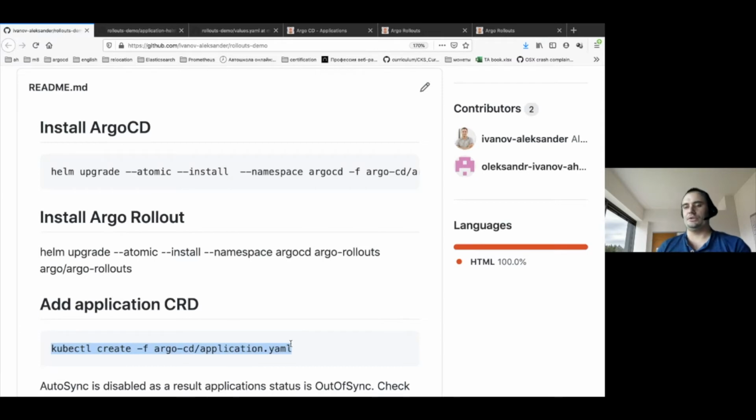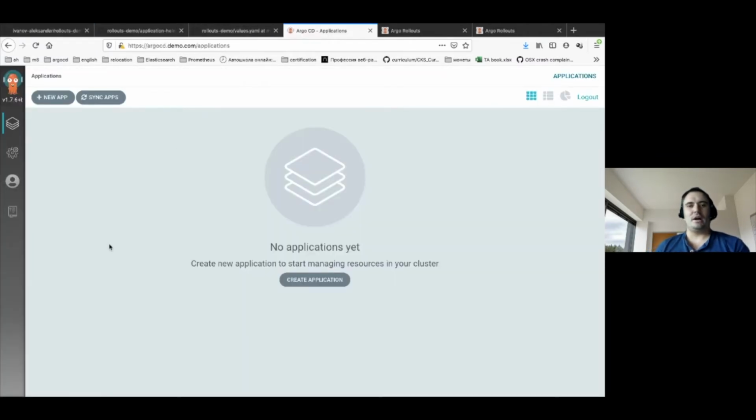For example, you could do this demo after day Z and show your teams how it works, how it looks like. In the first steps, I already deployed ArgoCD. You can see how it looks like. Currently, there is no application deployed on it. And